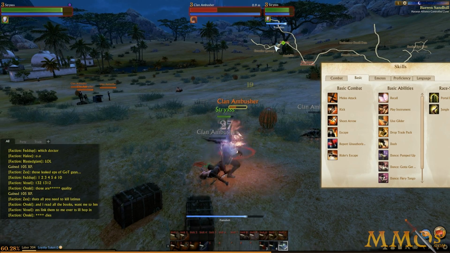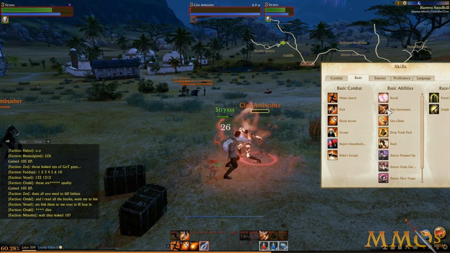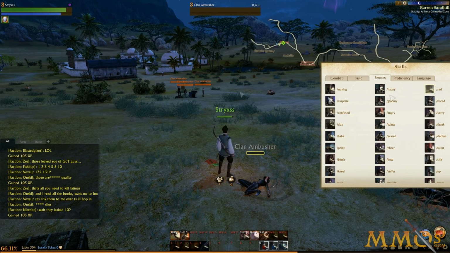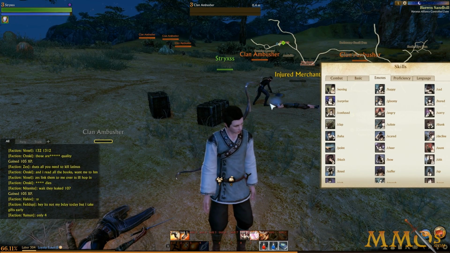It does have a night and day system, which is nothing special because I know games have had that forever since Ultima Online in '97. The game has a lot of interesting emotes as well. Look how many there are. These are awesome. Look at these. They do absolutely nothing really, but it creates a more this guy is just like burying this guy by killing